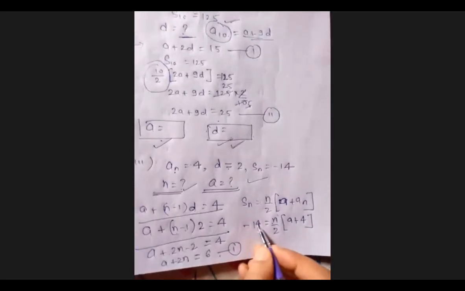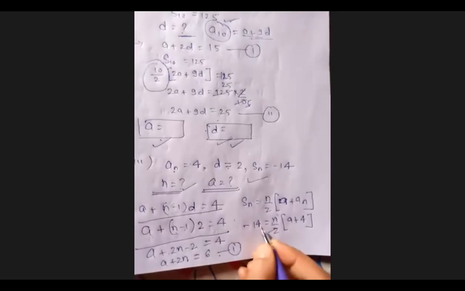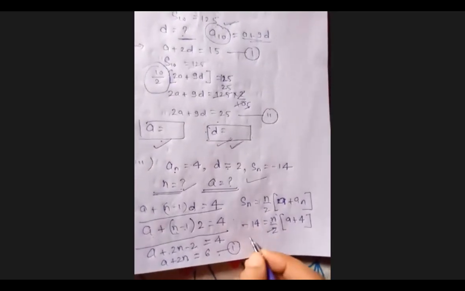What I'm telling here, this makes a form equation. See, A plus, now I'm writing this 2n minus 2 equals to 4. Okay, so A plus 2n equals to, you can write 6. You can make this the first equation. Similarly, you can make an equation on this side also and solve both. If I make it, 14 2s are 28, and this is...